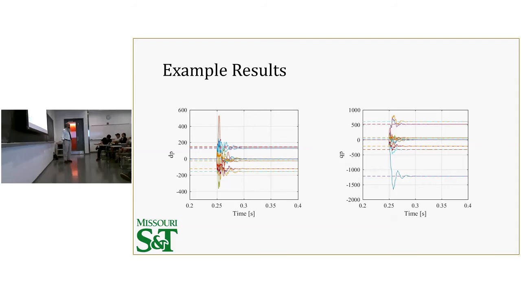So this is just an example. What I did, this is just an estimator without a controller that goes with it. I created an arbitrary waveform, and the dashes indicate the components of that arbitrary waveform. And when you start the estimator at 0.25 seconds,